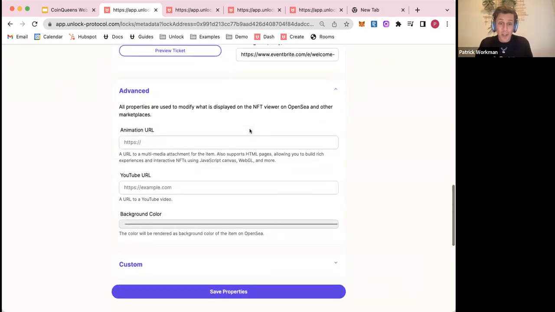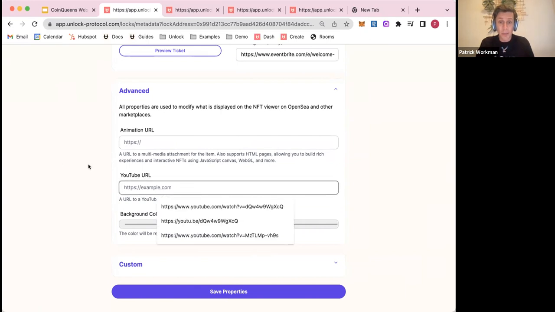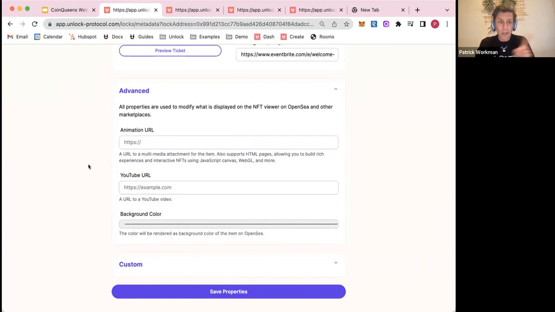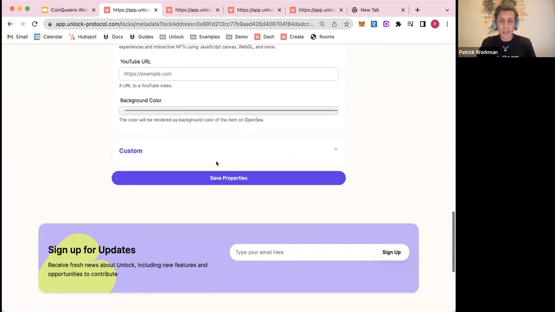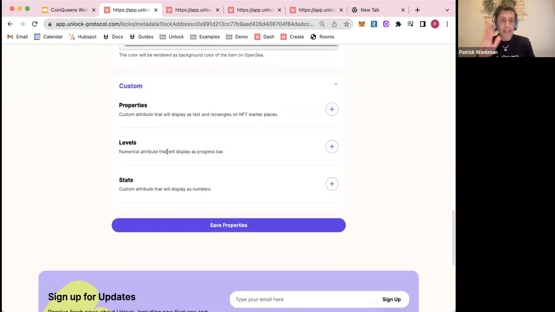You can also do some cool stuff. In terms of the image of your NFT, you can make that a YouTube video. If one day after you claim your NFT, you go back and take a look at it, I will include an Easter egg here. You may be rickrolled in terms of a YouTube video. So you can put videos in NFTs, you can put any kind of animation, and then you can put any kind of metadata. You can put what this represents.